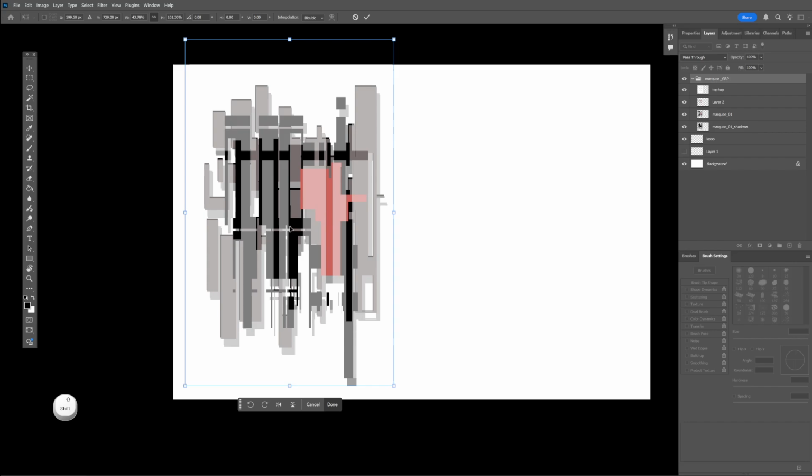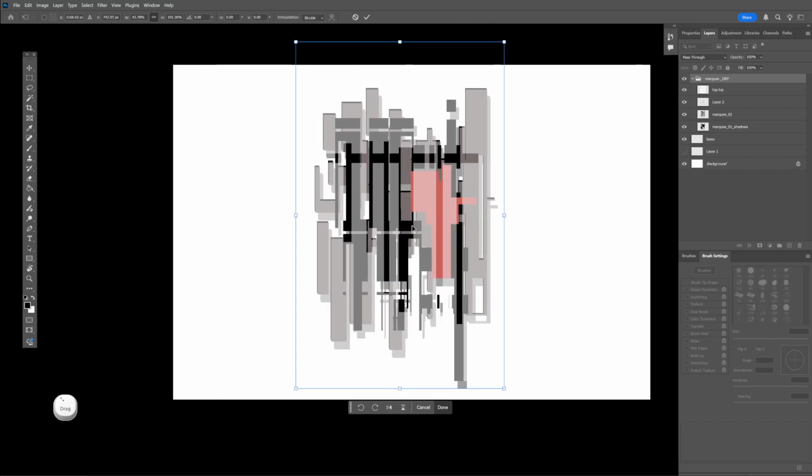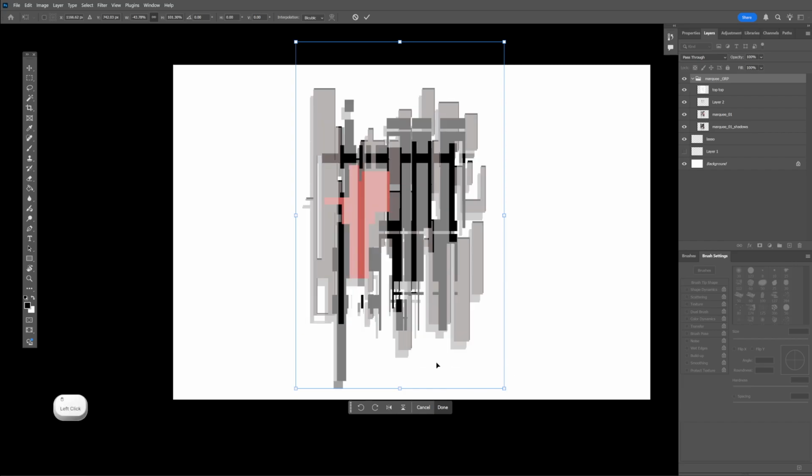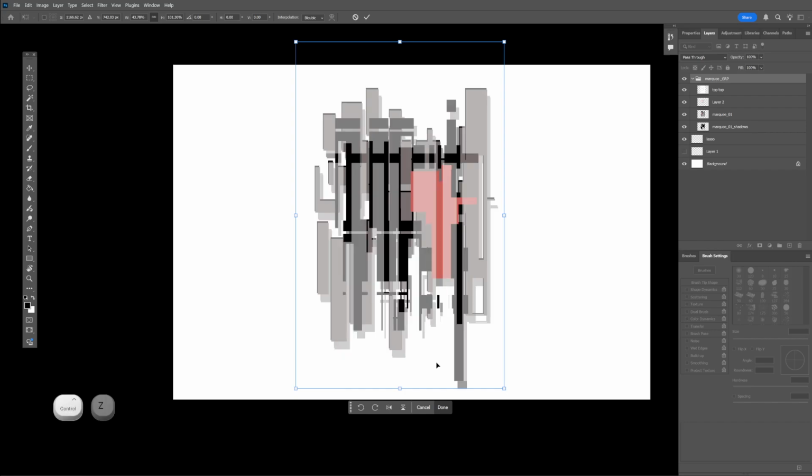And through the free transform, let's look at free transform for a moment. Right click, and you have scale, you have rotate, you have skew. Those are available in the construction keys. You can also warp and do some other things. So that's really powerful. I can also flip it horizontal, so I can flip it one way or the other, right? So if I want to have a mirror of this group,